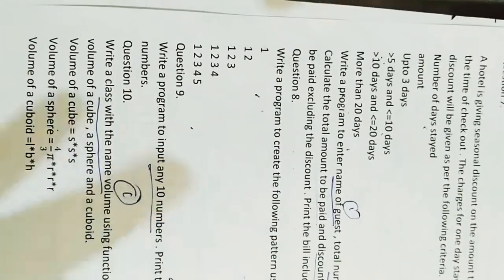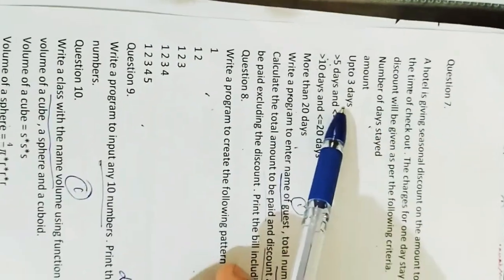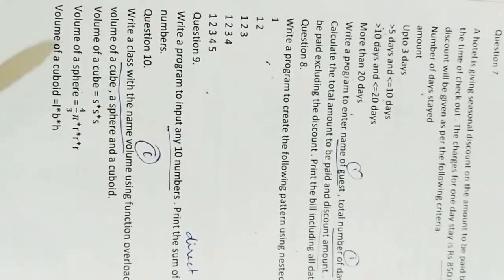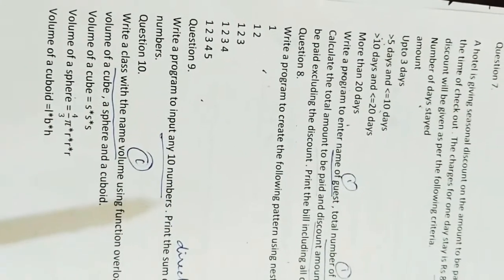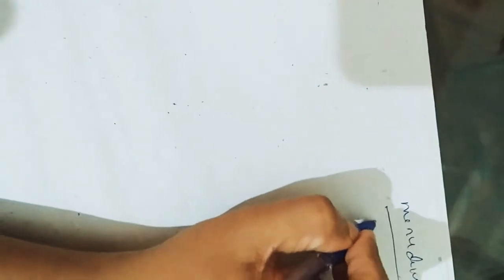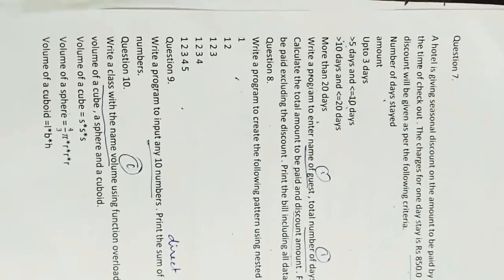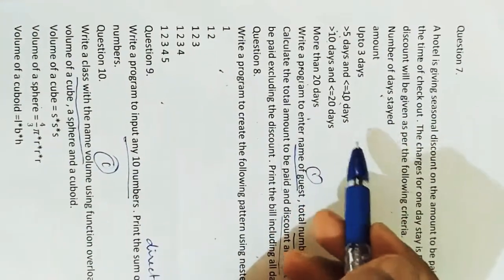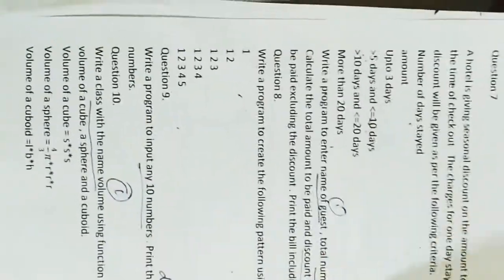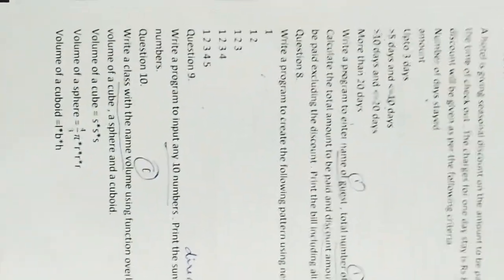Literally to say, you can expect one pattern, you can expect this type of questions, one function overloading, and one menu driven. Almost menu driven will come for all questions, then pattern will come for the 10th, then function overloading will come, and this bill amount, insurance, electric bill will already come. I have already discussed an electricity bill program in the previous videos, you can check out those videos also. So we'll move to question 10.